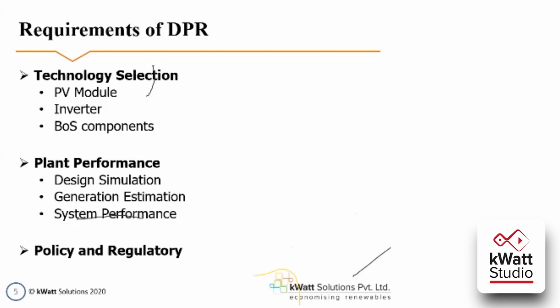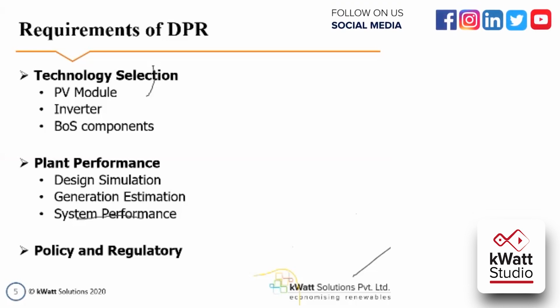Then for making a plant layout and shadow analysis, you can go with the Google SketchUp software where you can make your own solar plant layout. You can select your solar site from Google Maps and you can build your 3D site using Google SketchUp tools. And then you can place your solar modules and you can do the shadow analysis to get the shadow losses. And PVSol software is there where you can do the same thing.